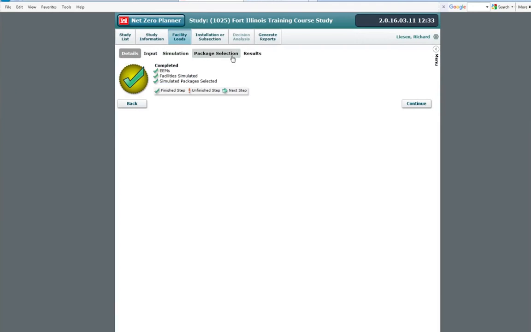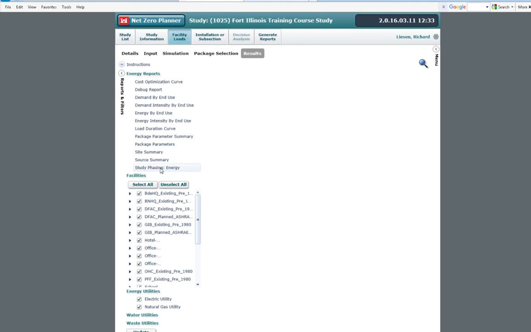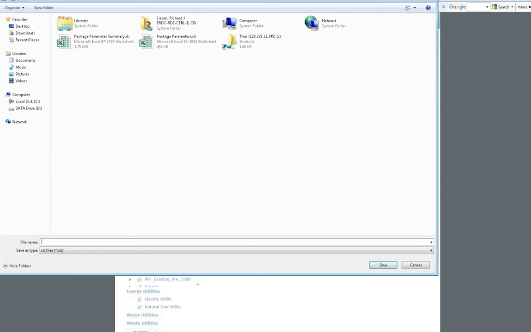So let's see how that plays out now when we go look at that. We go look at that phasing report. So we go to facility loads, back to results, and we look at that. We look at that study, phasing energy, and let's put that 2025 date in. We just saw. Let's not put in 2025. Let's put in that 2018 date. I want to see some of that stuff where it's